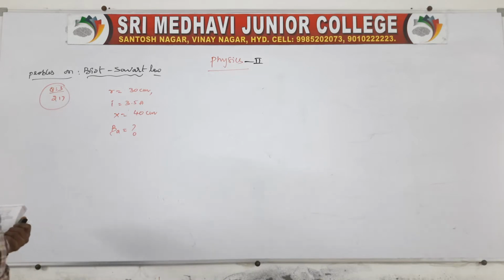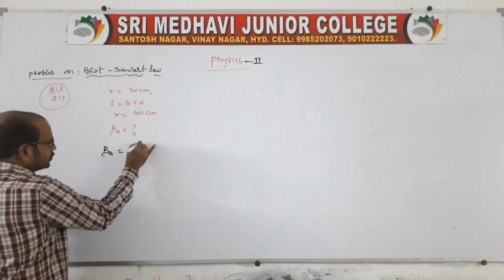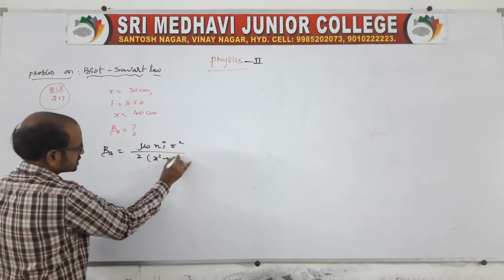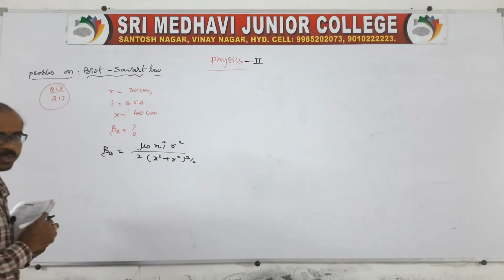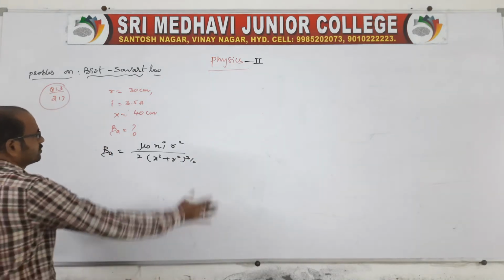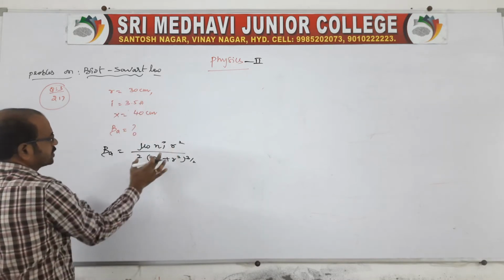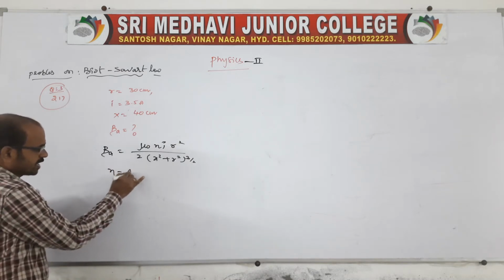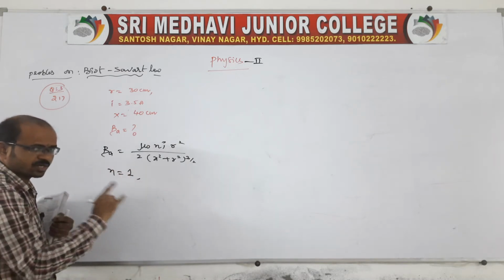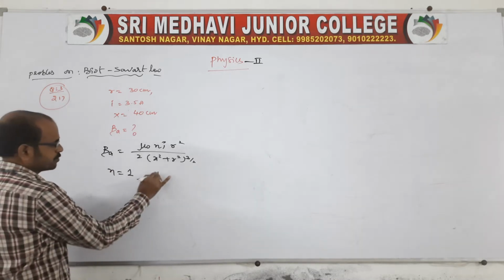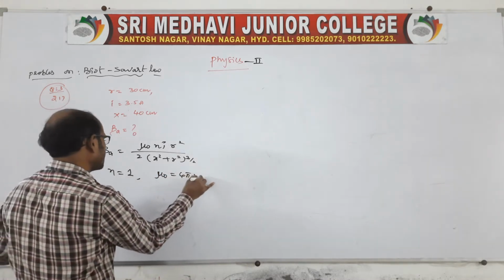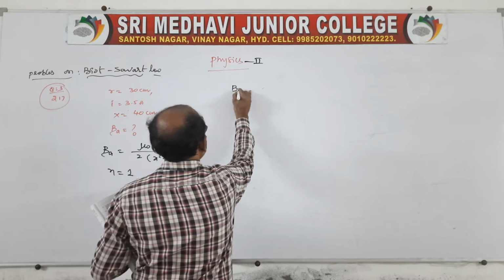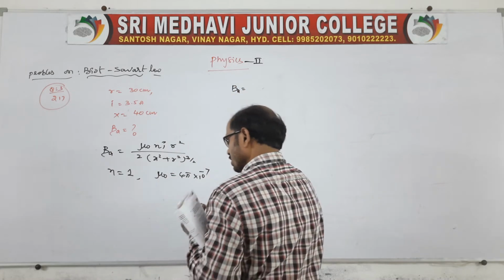The expression on the axial line is mu naught n i r square by 2 into (x square plus r square) whole power 3 by 2. Clear now? Now let us write whatever the given data. Of course r is given, x is given. n is not given, so you take it as one turn. If it is not given, then use it as one turn. And mu naught we know is 4 pi into 10 power minus 7, right? Everything we know. You write and do the calculation. Yes, along with me everyone do it.